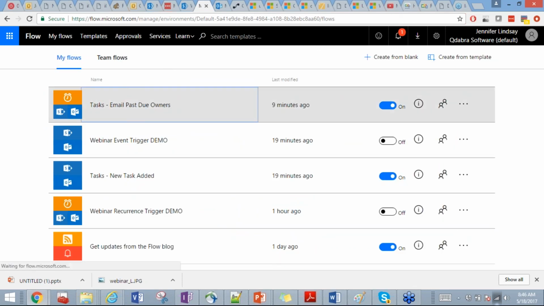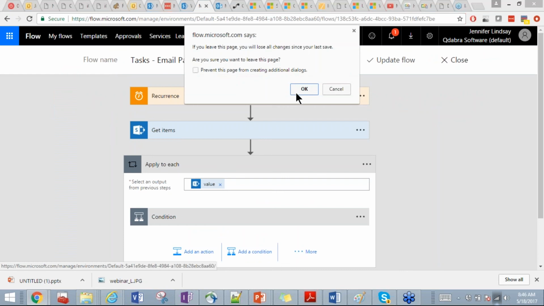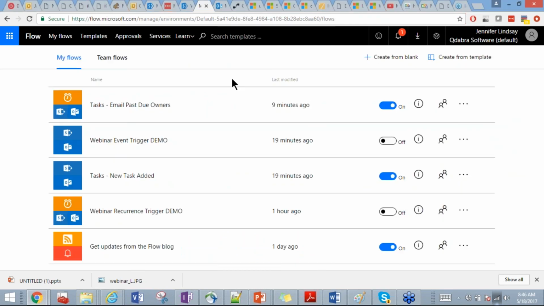And I do believe you can also share publicly. I need to look into doing this because I've never publicly shared a workflow or a template that I've created, but I do believe that there is a way to do that as well. I'll see if I can find out some more information about that.